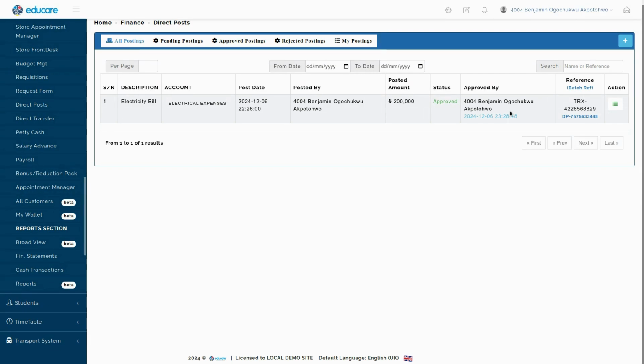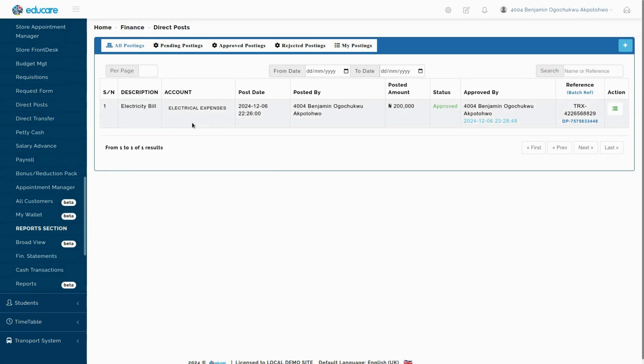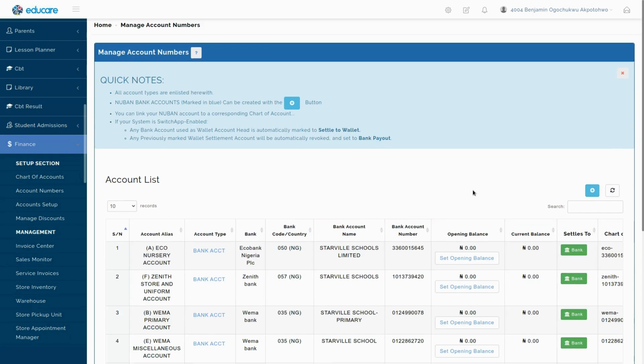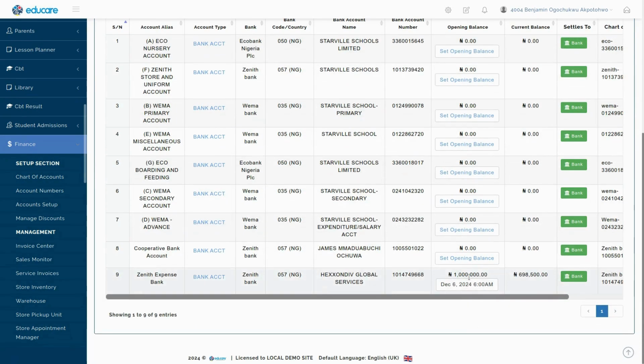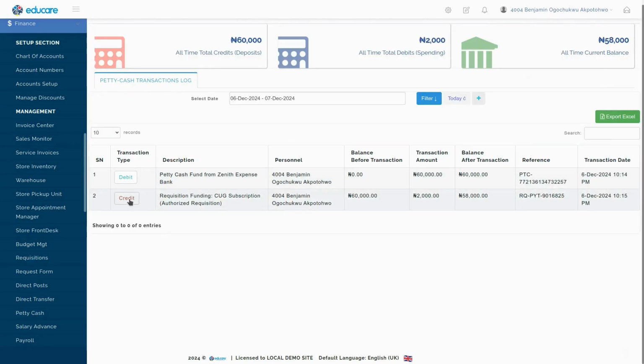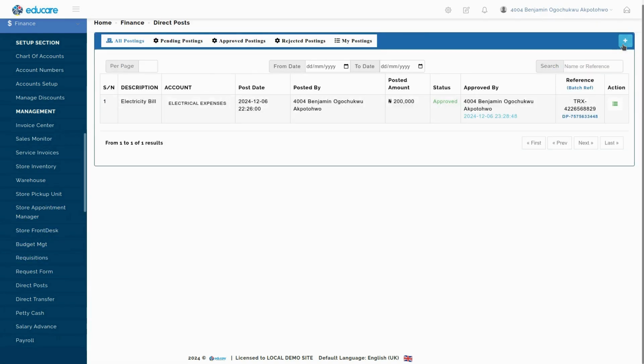The beautiful thing is that this kind of posting also takes effect on your account. So that particular account that you selected will also be depleted as a result of your posting in direct post. If it was petty cash, it will also be credited. For instance, right now petty cash is 58,000 naira balance, right? After the last transaction. So if I run a new direct post and this time around, let's say I posted an 8,000 naira